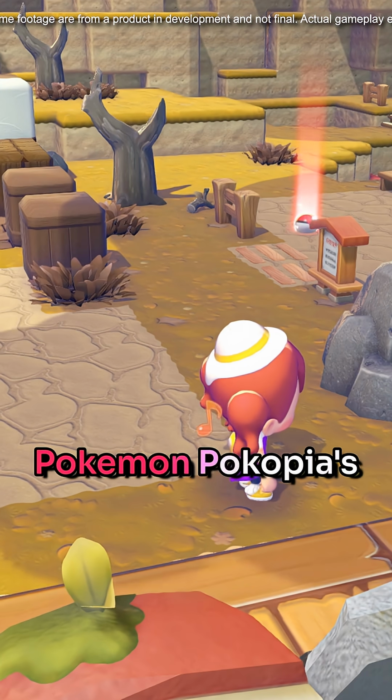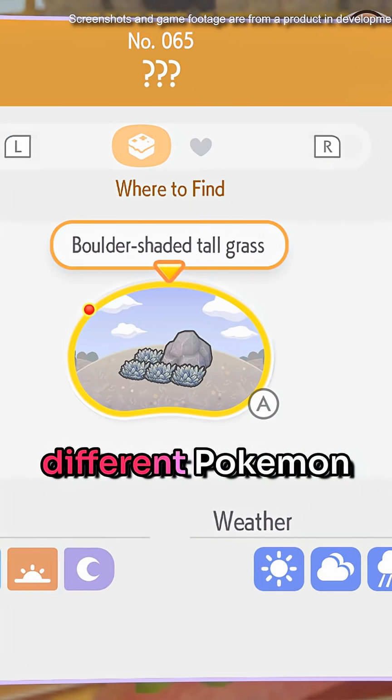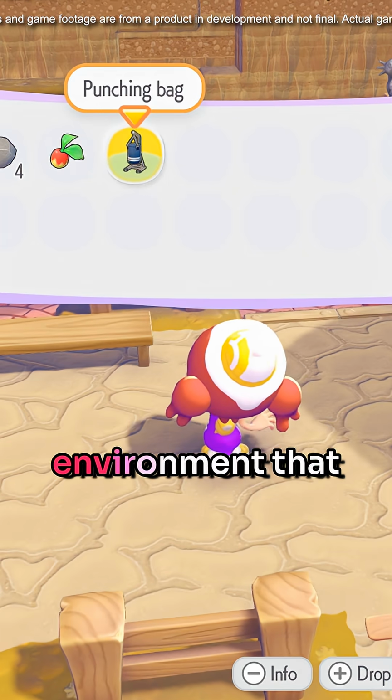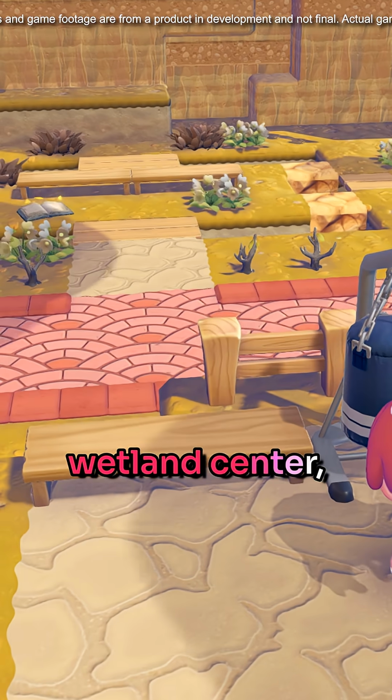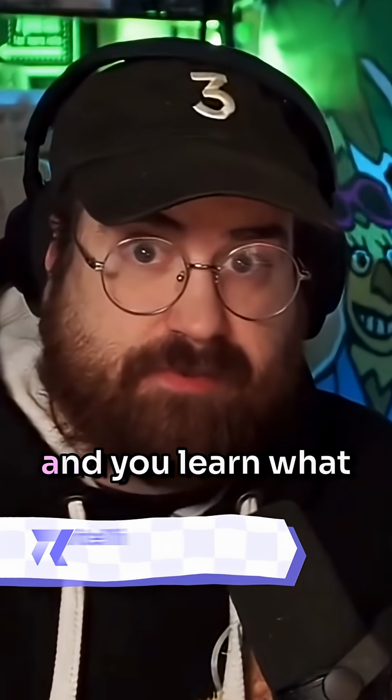A core part of Pokemon Pokopia's loop we discovered in our recent hands-on was encouraging different Pokemon to stay in your village. To do that, you first need to establish an environment that they'll approve of. Think of it like cultivating a wildlife or wetland center, but where you can chat with and copy powers from the creatures that arrive. So every Pokemon has a different habitat, and you learn what they are either by leveling